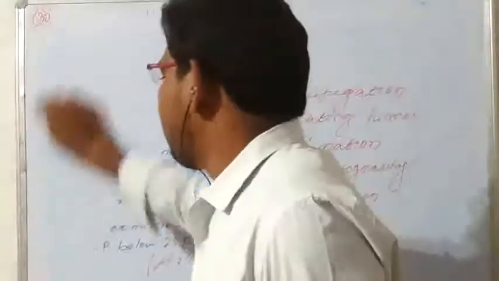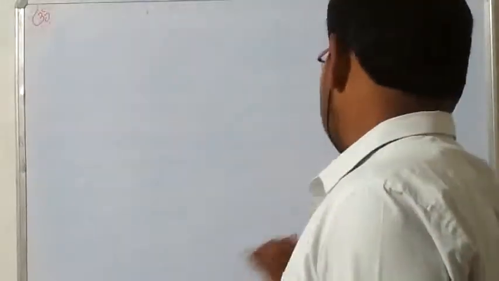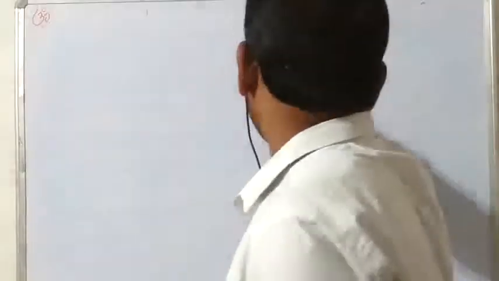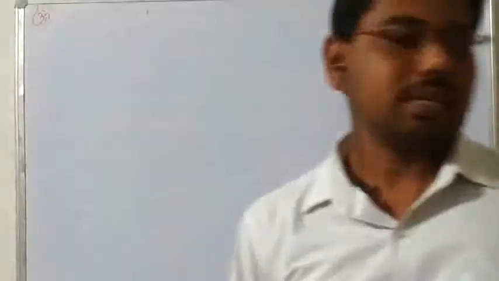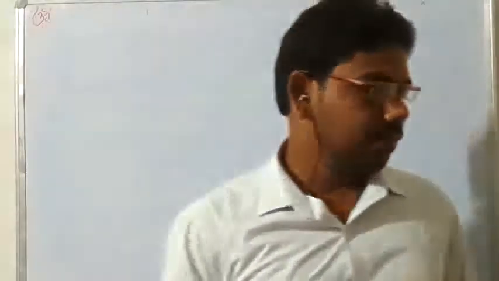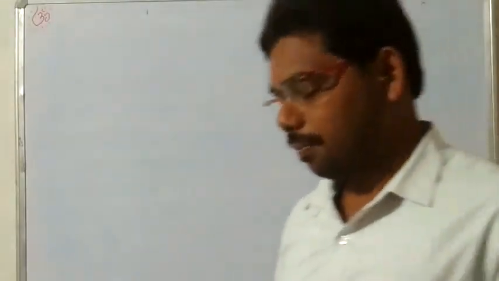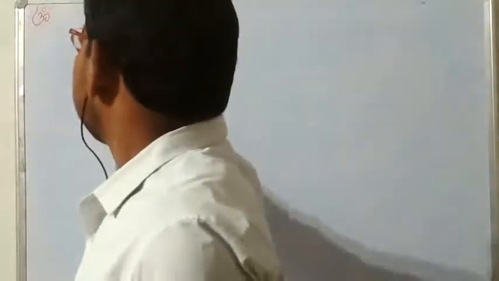Next questions are short type questions: physical change and chemical change. Their differences also come, and examples are given, and you have to write down which one is a physical change and which one is a chemical change. Questions like this come. So first we discuss physical change. What is a physical change?